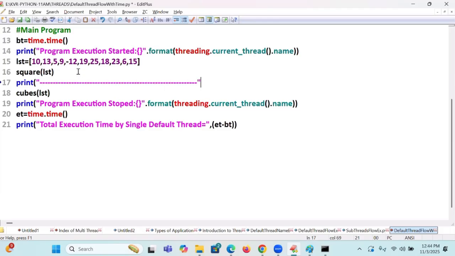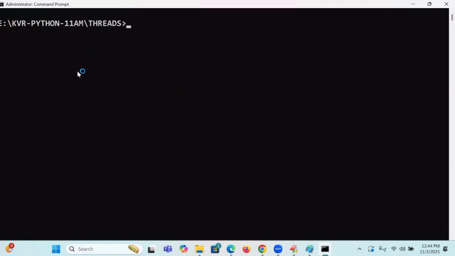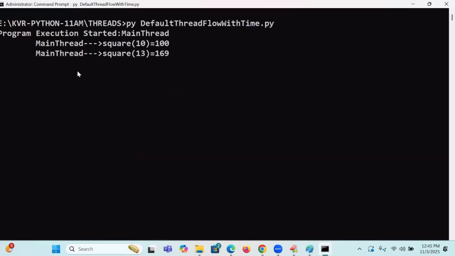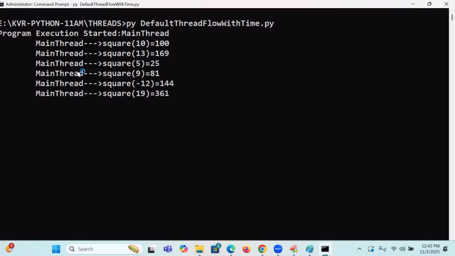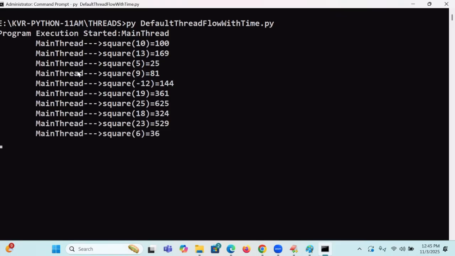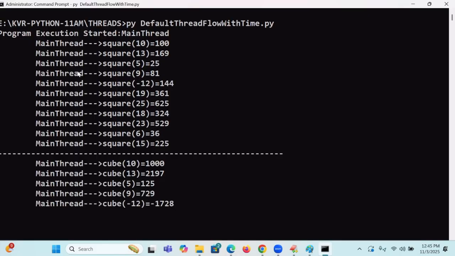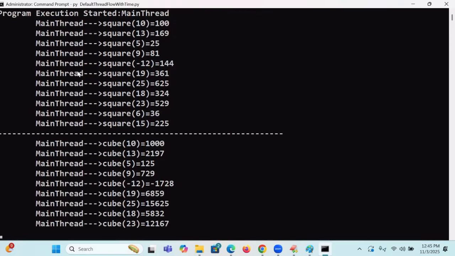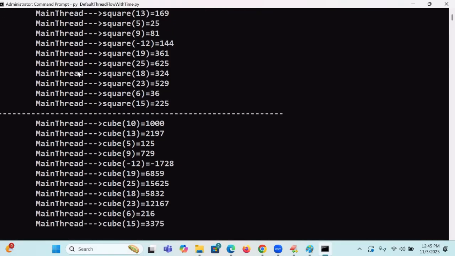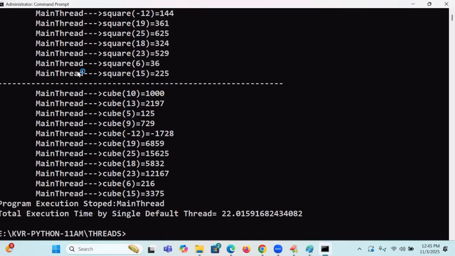I hope that it is getting clear. Once again you see, main thread is executing one function at a time. After one function is executed, next it goes to another function. That means once one person is doing that, you are not going to do the other operation. So that is known as one by one execution. One by one execution will take more time. How many threads are there in my program? Only one thread is there. One thread is executing the functions one by one.